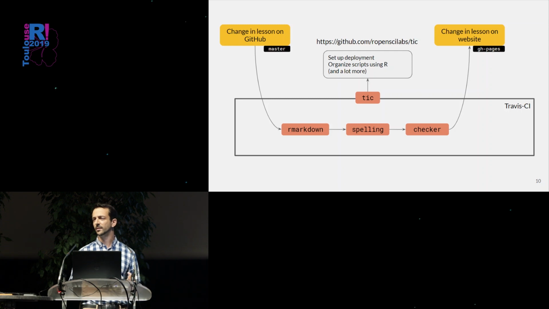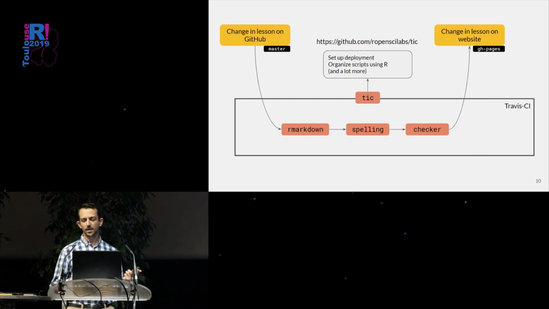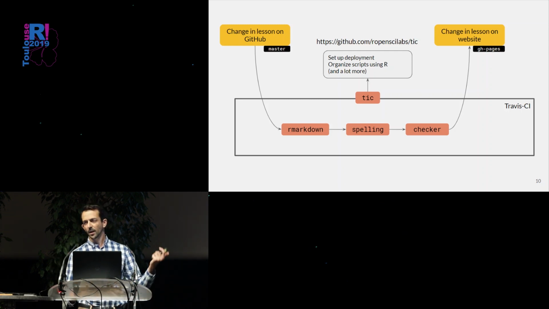You don't have to mess with SSH keys or your GitHub personal authentication token. All of this is taken care of directly by the package. And you can also use it to generate pkgdown websites for your packages or publish your bookdown books. And so when all of this happens, the checks are successful, then the rendered HTML file, or sorry, the MD file in this case, gets pushed to the gh-pages branch, again, thanks to the tic package,